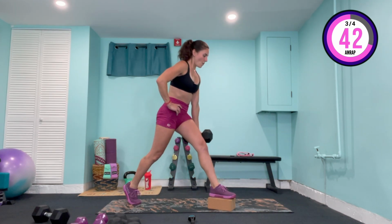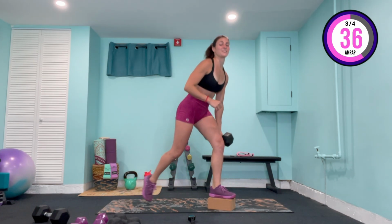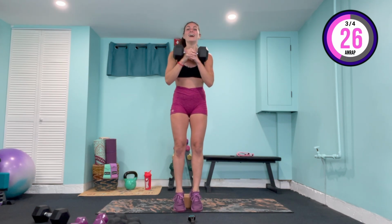4, 3, another 2, last 1, lift it up, come back to center, still holding that weight if you can, back onto that block, going in 3, going in 2, going in 1, down and up for 10, and 9, and